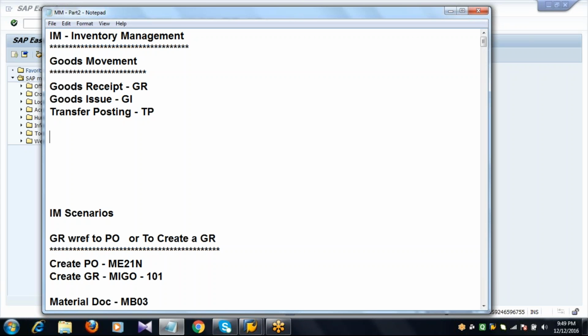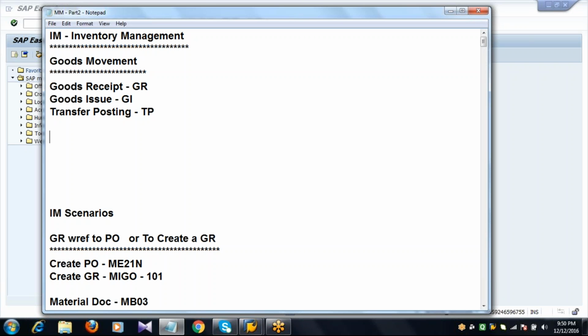The next goods movement is goods issue. Once you receive the stock of the material from the vendor, it is available in the stores or warehouse. From there, we are going to issue it to different departments, to production, to cost center, to maintenance, etc., or to customer delivery. That is another type of goods movement, that is goods issue. Goods issue is a goods movement at which material withdrawal or consumption or usage is posted.